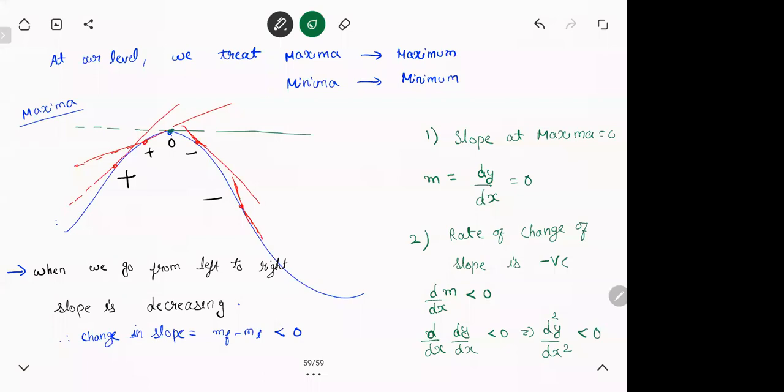So same way, if you ask a minima, for a robot, find a valley, it will say the same thing. I'll go front, slope is increasing. Go back, slope is increasing, come back. Left, right. If all the side slope is increasing, the robot will say this is the least point in the region. That is how robots map the entire area using the slope and rate of change of slope.